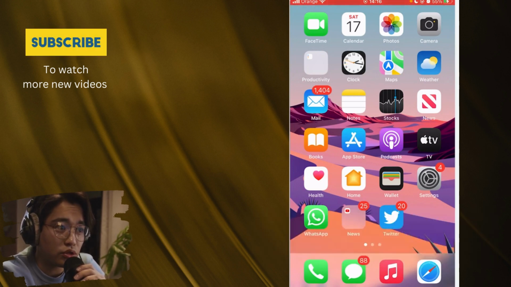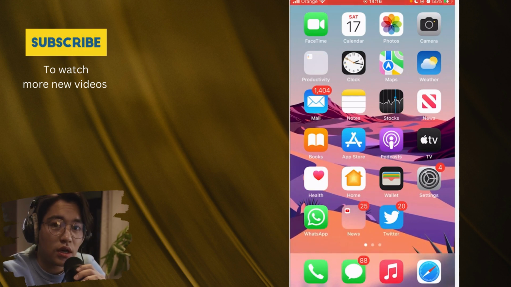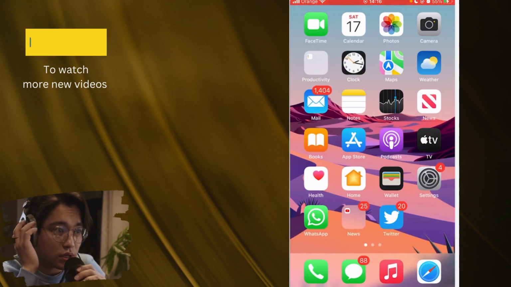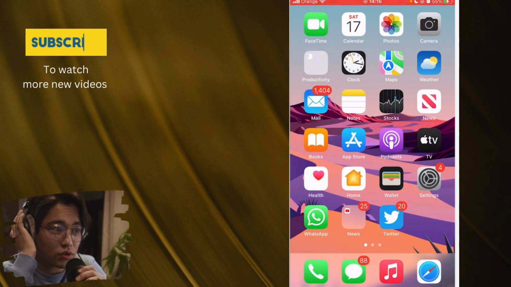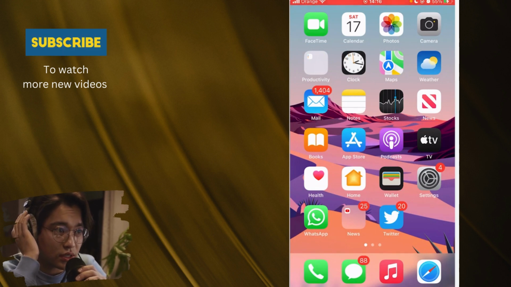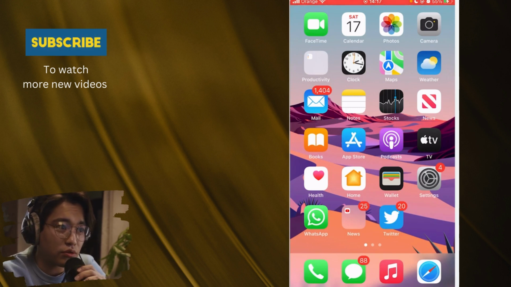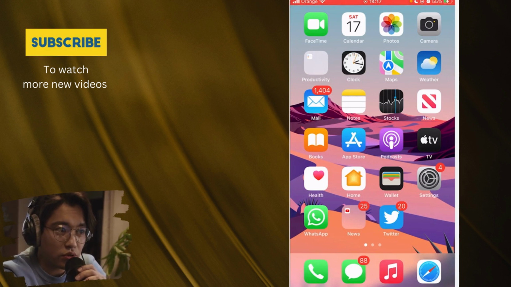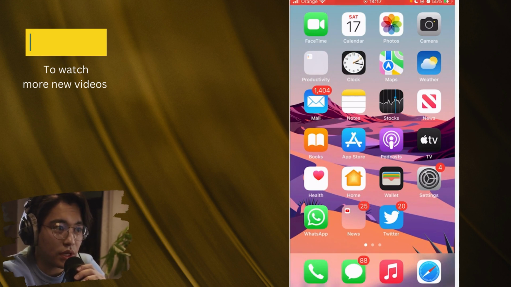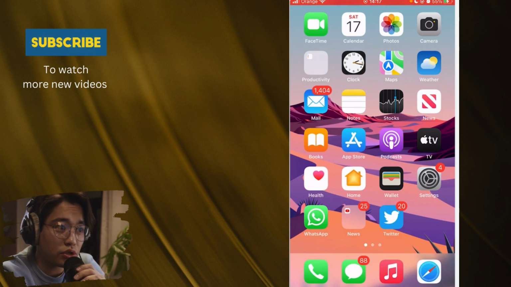So for those who don't know, notes are just like stories. You post a note, it disappears within 24 hours. The same thing with stories, but the only difference is notes are just text. So you can just type something and other people are going to see it. You can't add a picture or stuff like that that you do on stories. So they are the same, not really a big difference, but the only difference is notes are not shown to